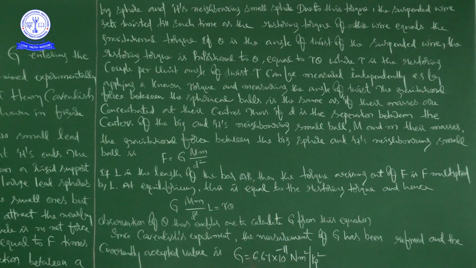That is capital G. The currently accepted value is G is equal to 6.67 into 10 to the power of minus 11 Newton meter square per kg square. So how did we do this experiment and how did we calculate? Just by taking some masses and one bar AB, and the length of the bar is L. This credit, for whatever discussion we had today, goes to the great scientist Henry Cavendish.